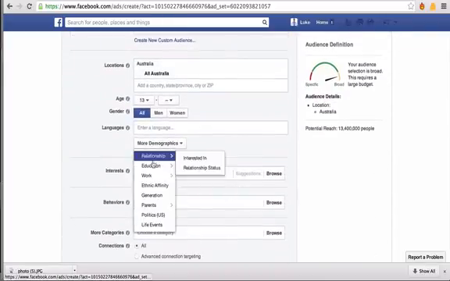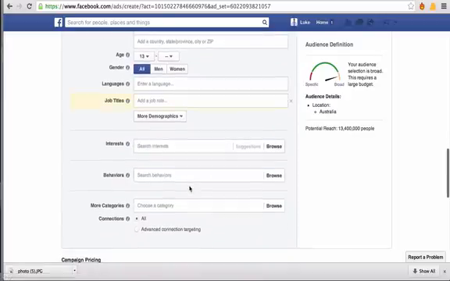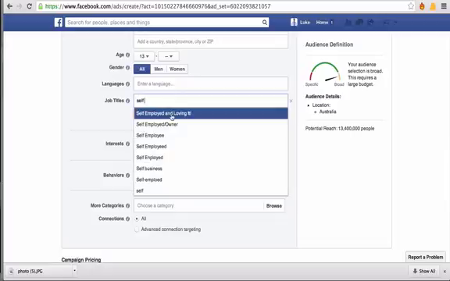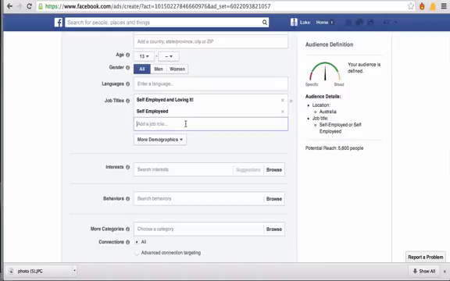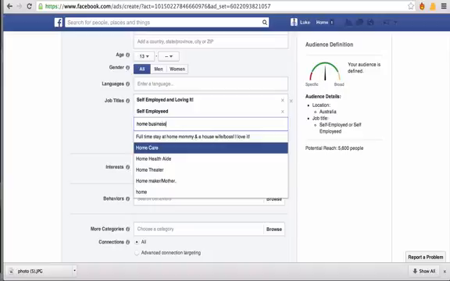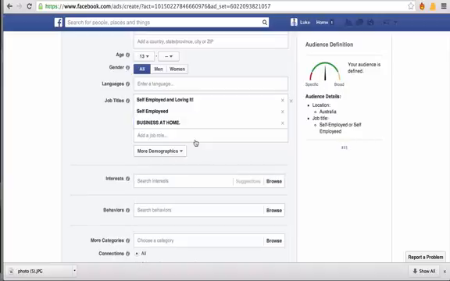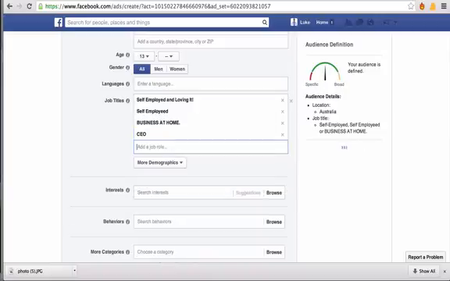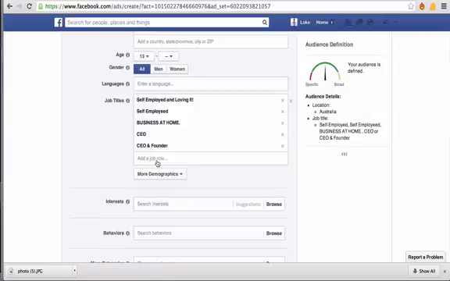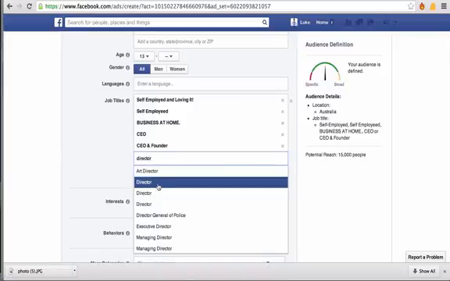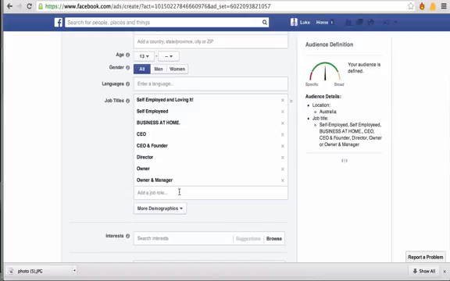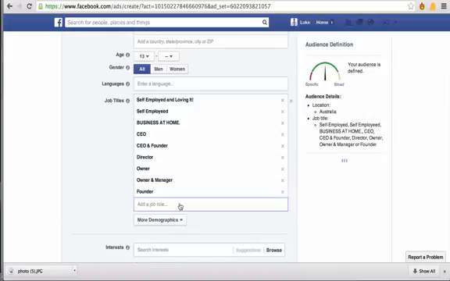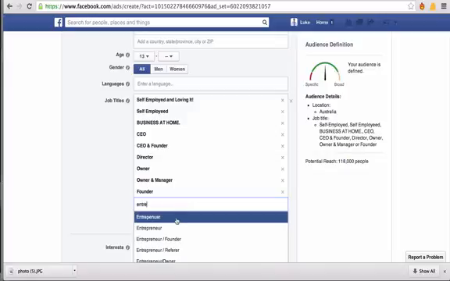And this time we're going to go to more demographics. We're going to go job titles: self-employed, CEO, founder, director, owner and manager, founder by itself, entrepreneur,